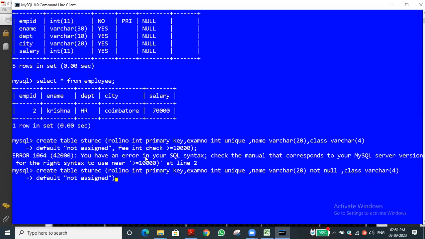We gave only 4 characters for the column, so 'not assigned' may exceed. I think now we are having many problems. Let me do it one by one. You people also don't get confused. Let me see one by one.